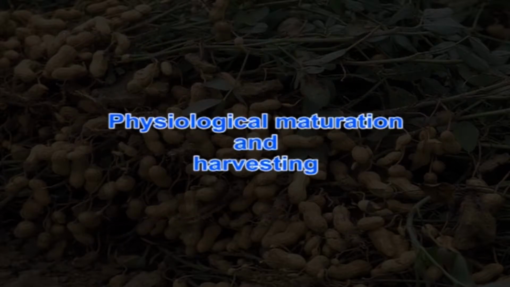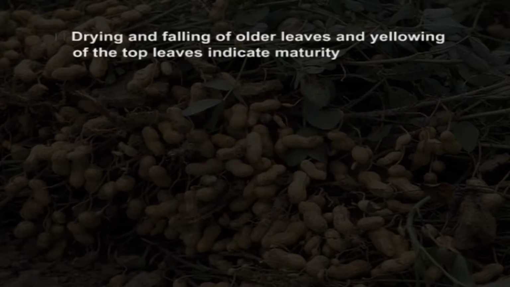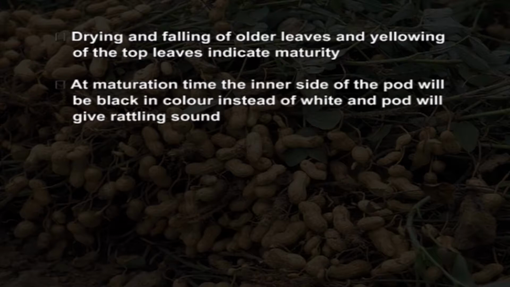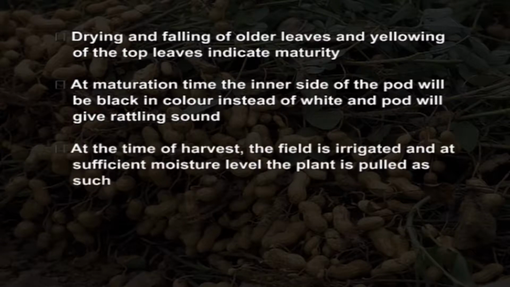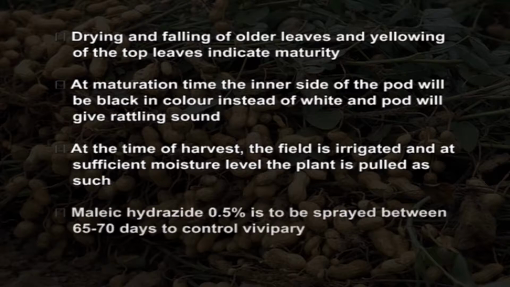Then physiological maturation and harvesting. Drying and falling of older leaves and yellowing of the top leaves indicate maturity. At maturation time, the inner side of the pod will be black in color instead of white and the pod will give a rattling sound. At the time of harvest, the field is irrigated and at sufficient moisture level, the plant is pulled as such. Maleic hydrazide 0.5% is to be sprayed between 65 to 70 days to control the vivipary